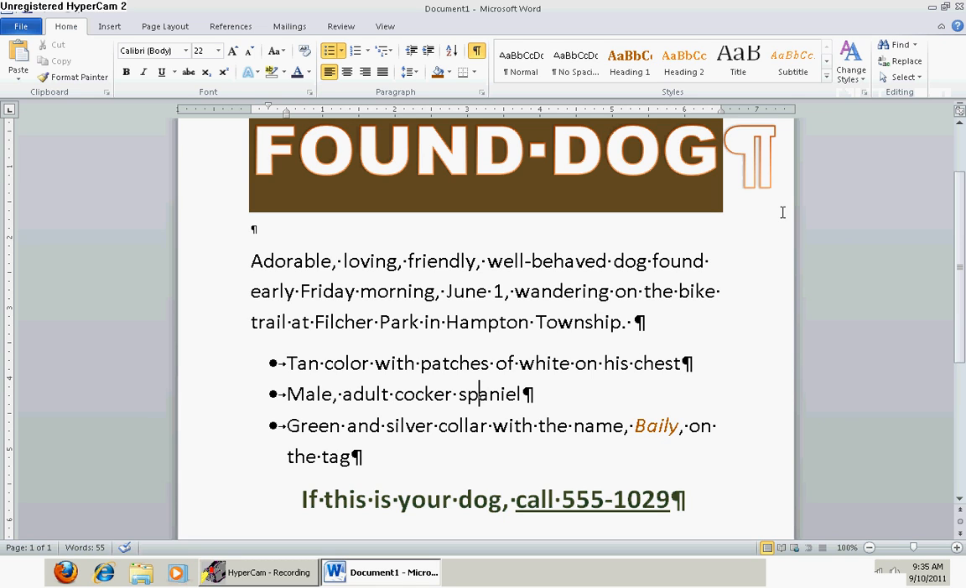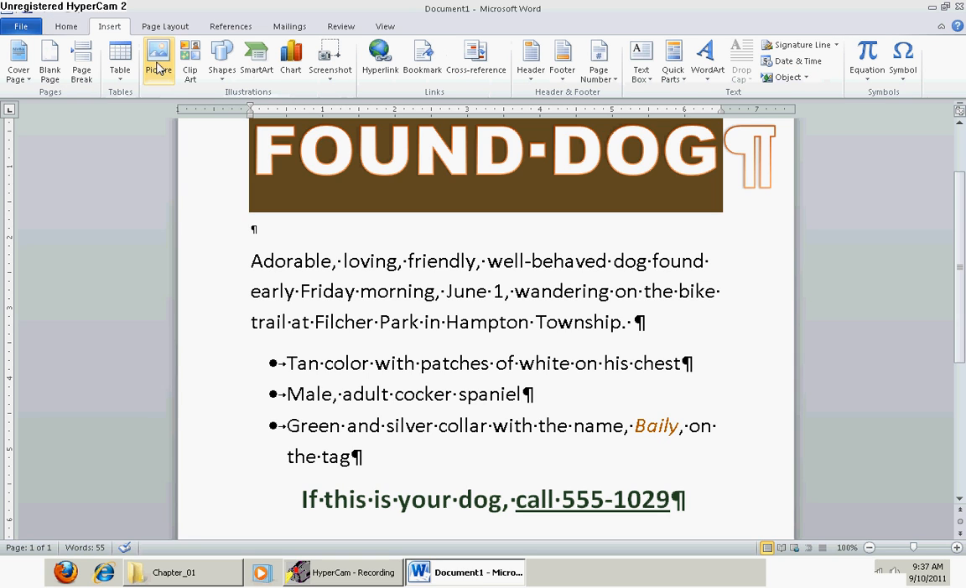The next thing that we're going to do in this flyer is to add a picture to our report, to our flyer. So I'm going to point and click in the line after the title. So that's my insertion point. And at this point I would then like to insert a picture. Go to Insert, the tab in the ribbon called Insert, then click Picture,